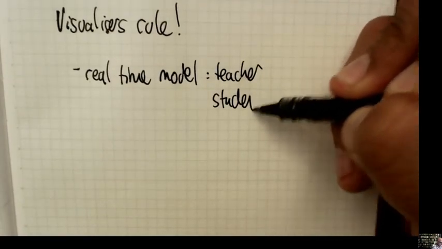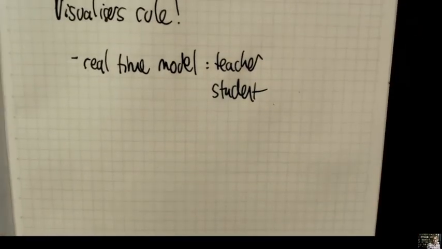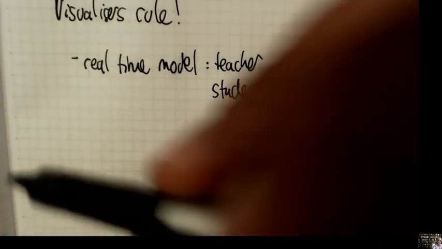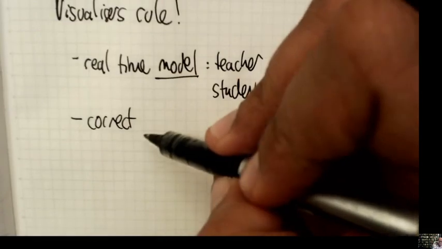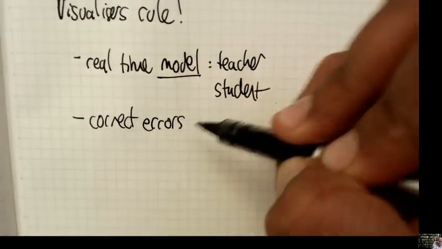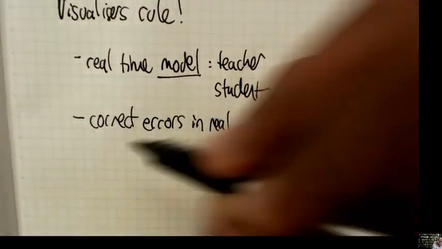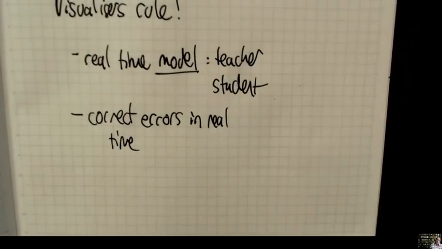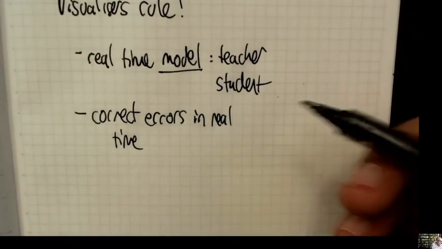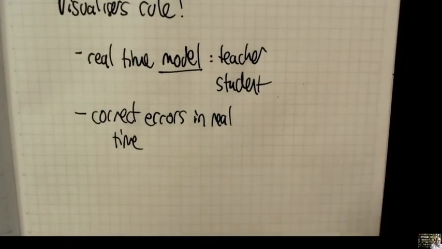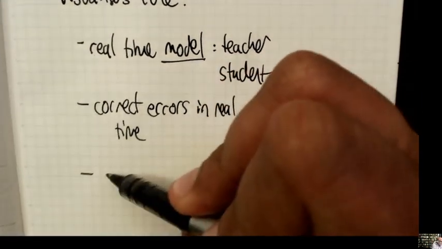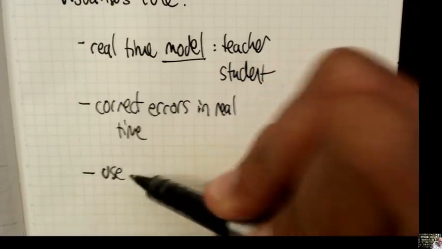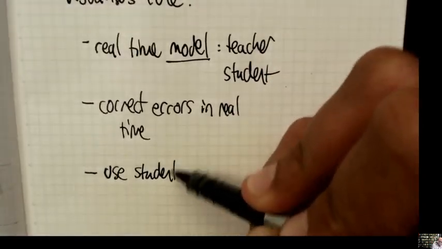I can use randomization and get the student work up on the Visualiser, and we can look at it. We can correct, so you can model, you can correct errors in real time, give feedback to the whole class. Again, you're using randomization, you're creating a culture of no shaming and no opt-out. And then further, you can use student work